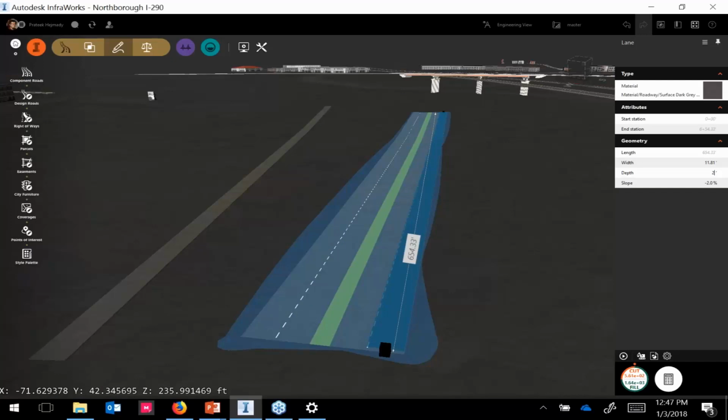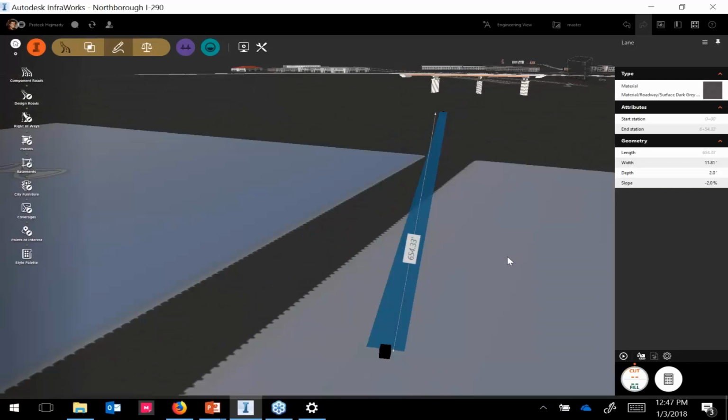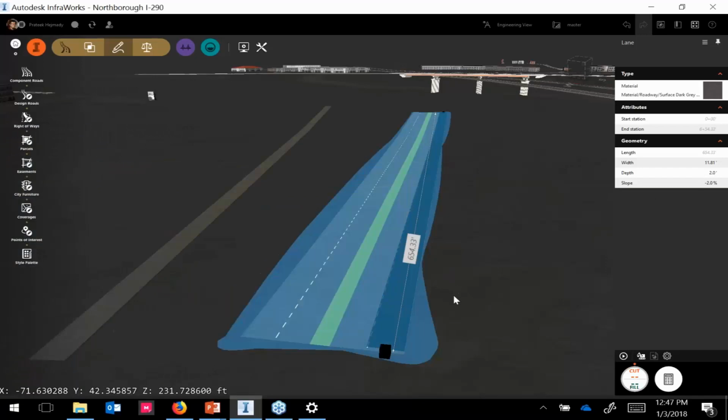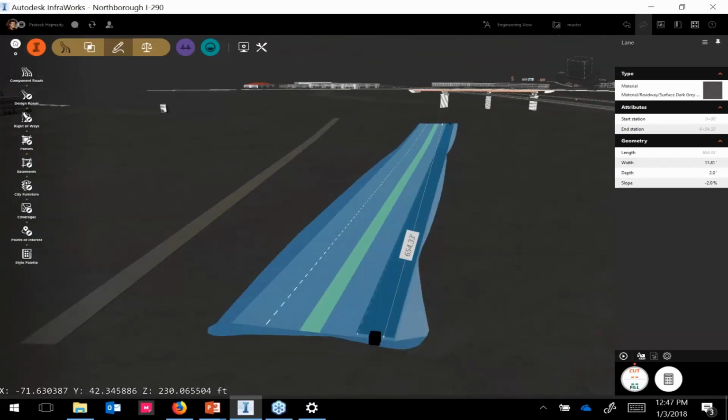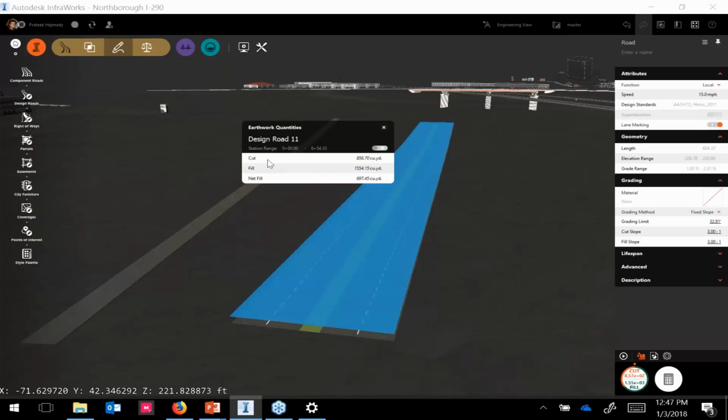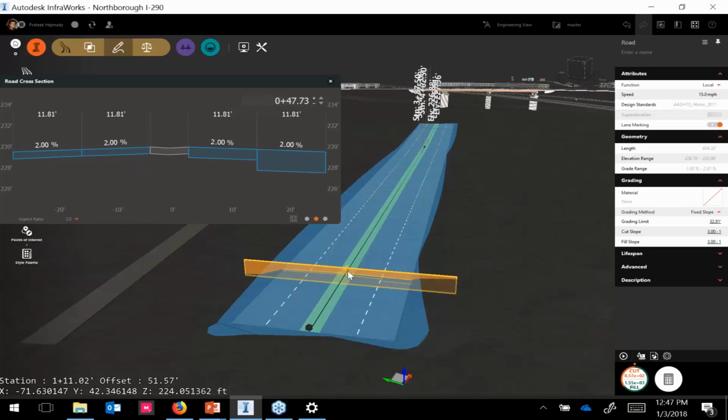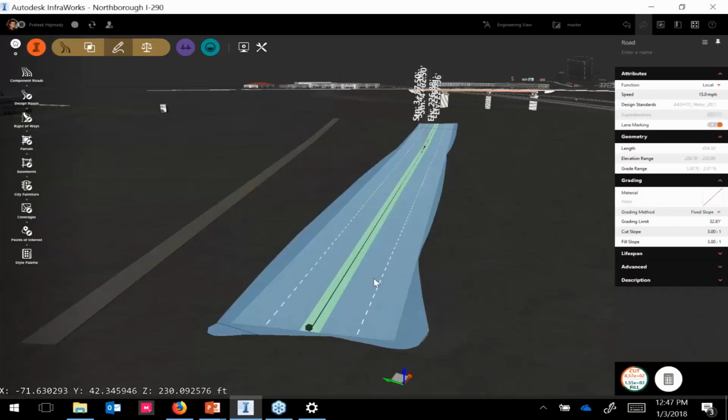So change this to 2. Obviously, this is not realistic. I'm just showing this for demonstration purposes. But you could potentially use this to extract the cut volumes based on the change. If I now brought up the cross-section view, you will see that there is obviously a different depth here, which is 2 feet that I've set on this lane component. Now this feature of being able to set the depth is available for the lane component,